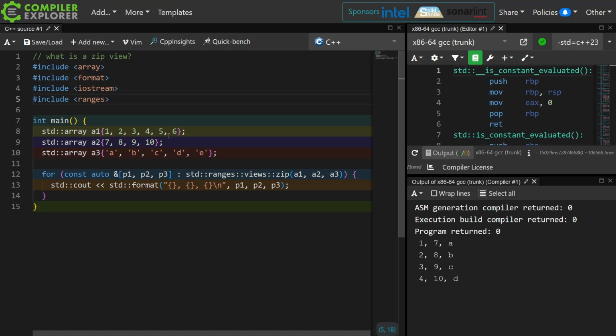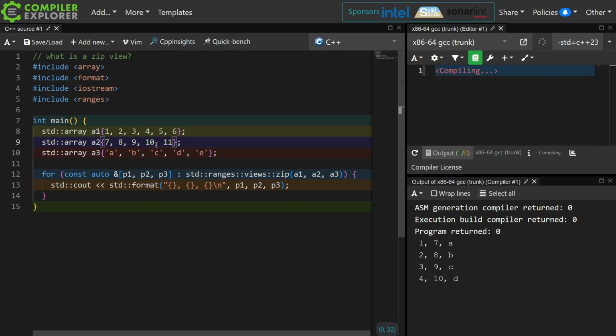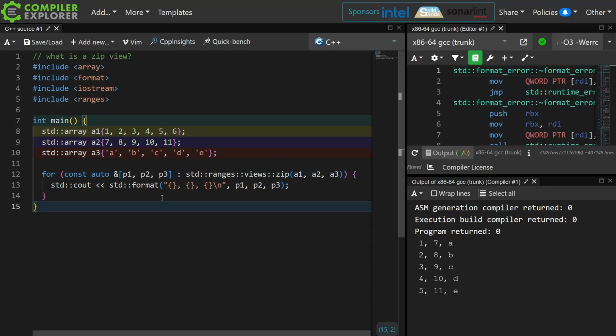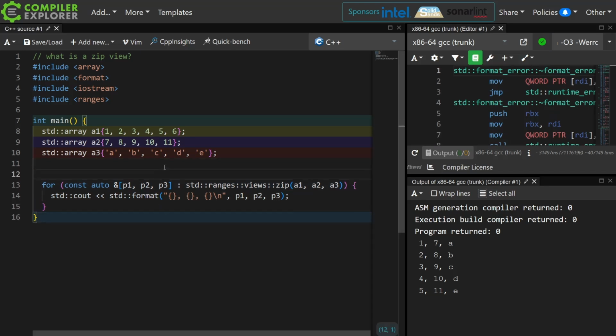So I have 1, 2, 3, 4, 5, 6. I have 6 elements in the first one, 4 elements in the second one, and 5 elements in the third one. But I am getting only 4 sets printed, and that is by design because otherwise it would have no value at all for the middle thing. And if I were to go in and add another one, then we will see 5, 11, E printed for the final element. So the main takeaway that you need to be aware of here,